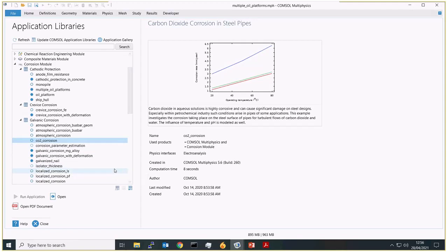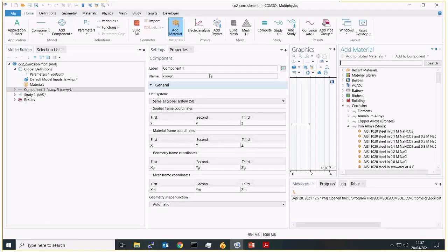Just a question here from myself. Is your CO2 corrosion based on a specific model like de Waard-Milliams or any other known CO2 corrosion models? So this one's just a 1D model of the turbulent boundary layer on the pipe.